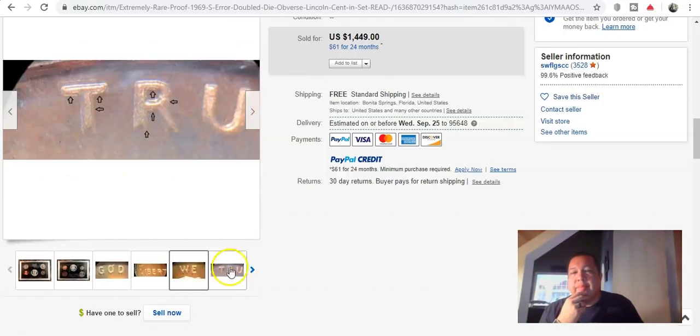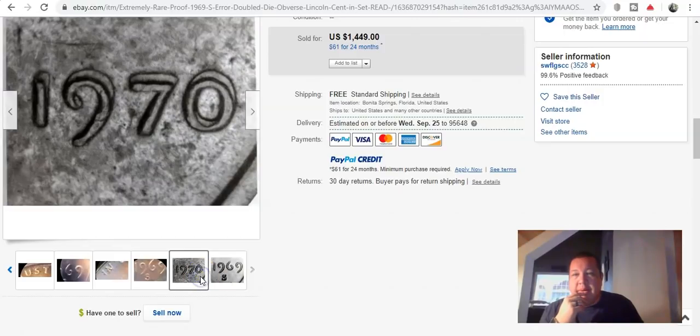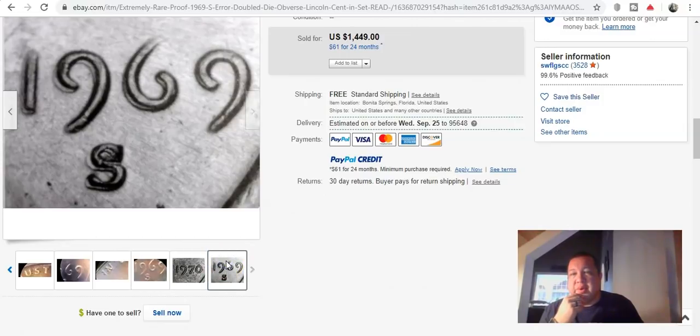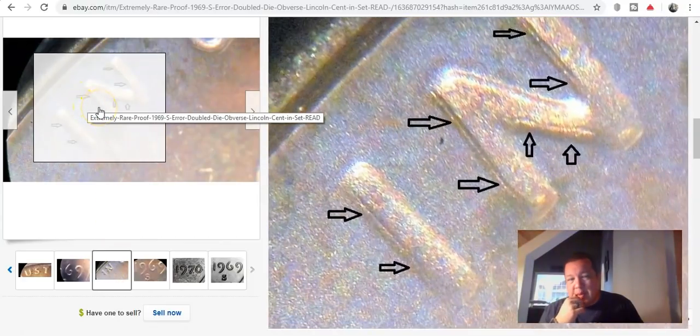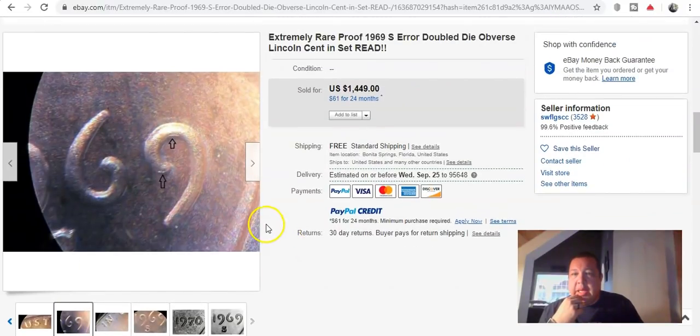And oh man, oh man, oh man. This has very minor doubling, if any. Machine doubling. Wow. Maybe. Or is that just a reference photo? So, yeah, you have a little bit of doubling. I forgot what you call this. It might be a minor double die. I mean, it's pretty convincing that it is a minor double die, but is it worth...